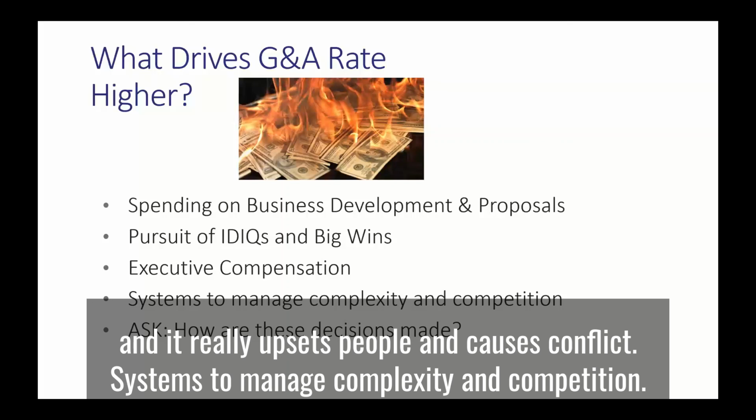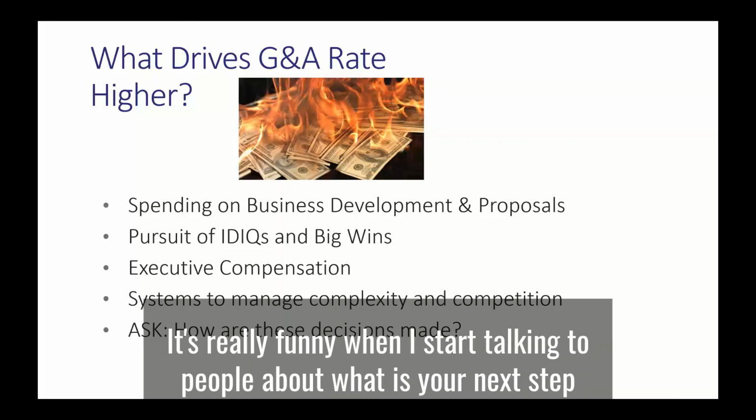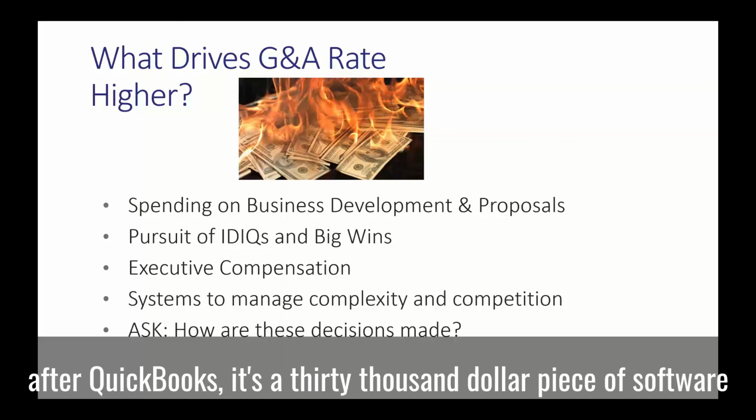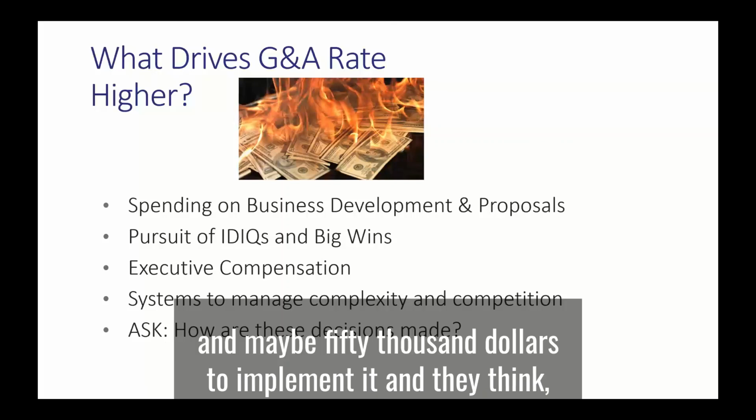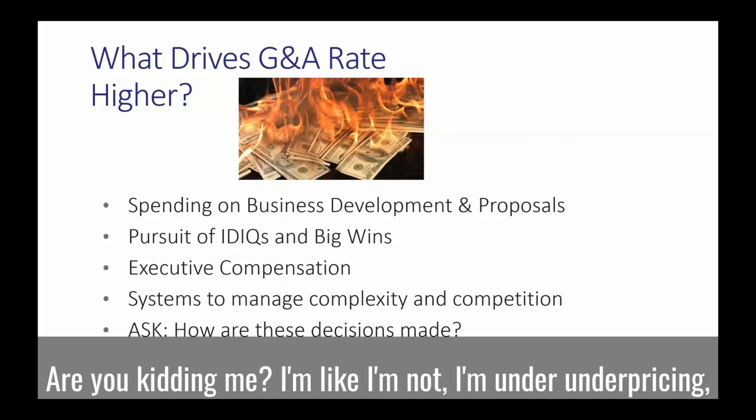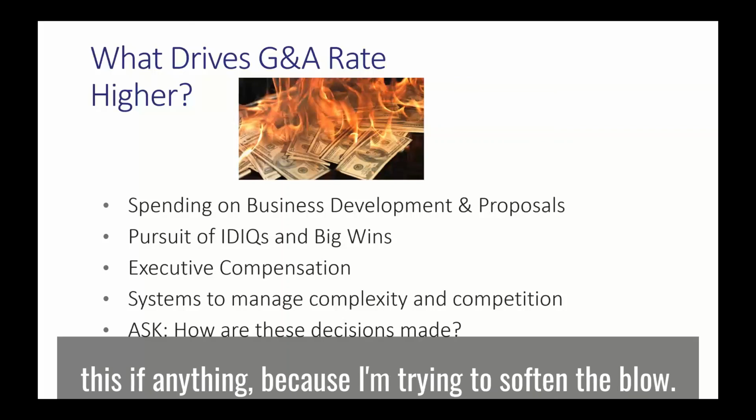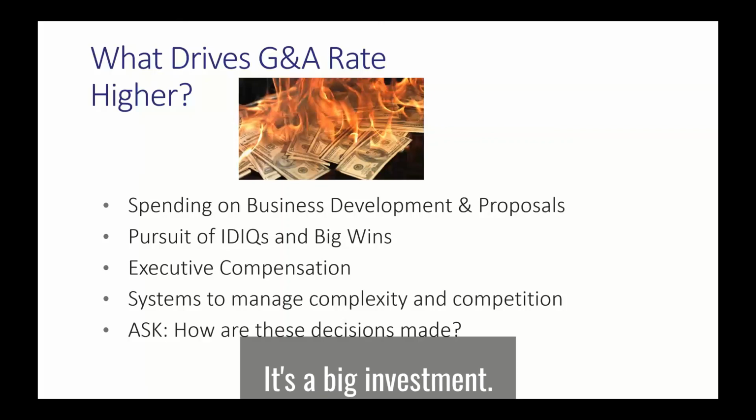Systems to manage complexity and competition. It's really funny when I start talking to people about what is your next step after QuickBooks. It's a $30,000 piece of software and maybe $50,000 to implement it. And they think, are you kidding me? I'm like, I'm underpricing this if anything, because I'm trying to soften the blow. It's a big investment. And what you're doing is doing that instead of